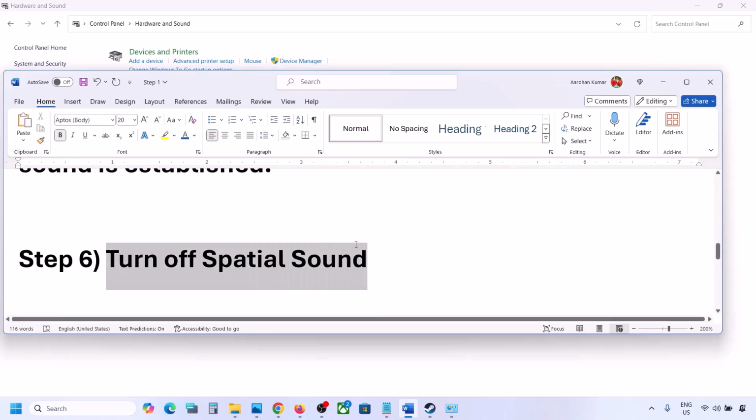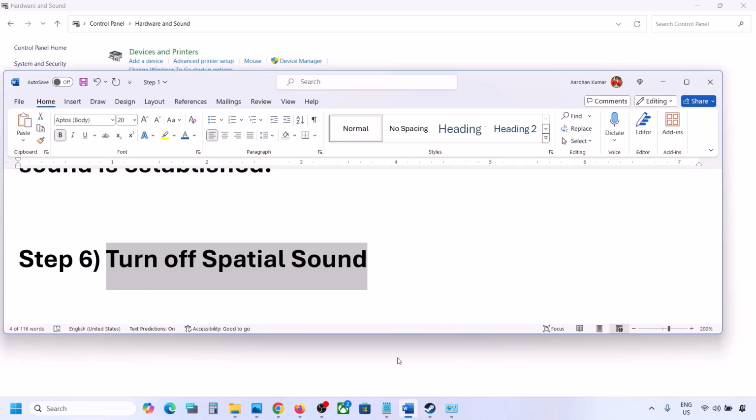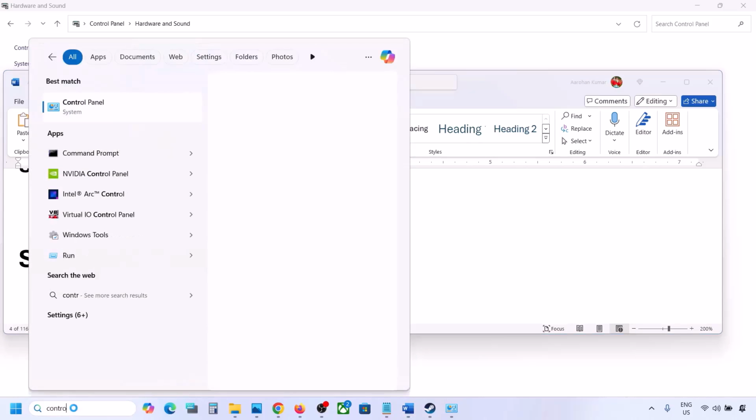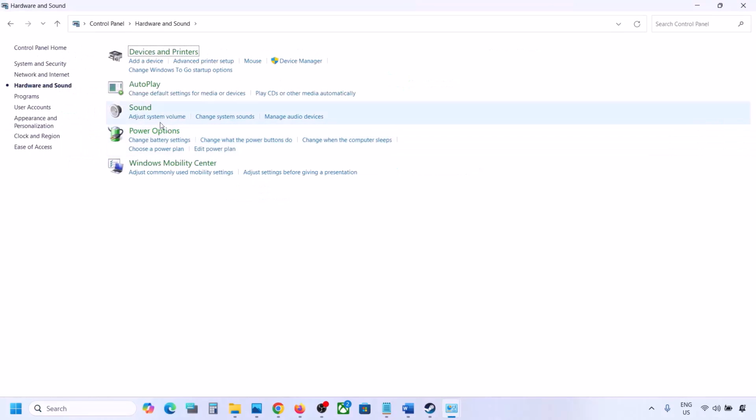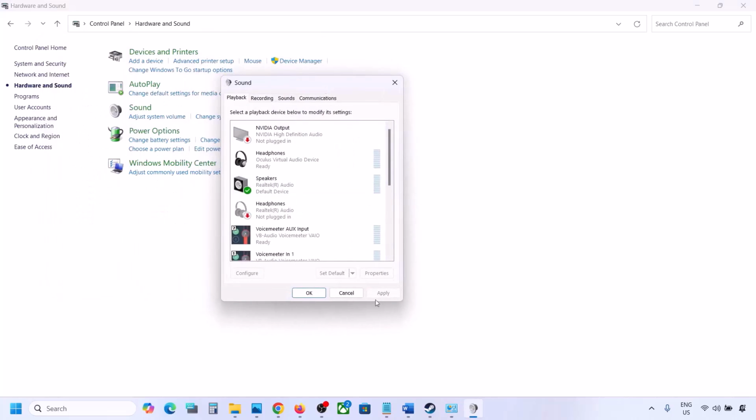Now the next step is to turn off spatial sound. Now for this again type in control panel in Windows search box and then go to control panel, go to hardware and sound, click on sound, and over here you have to select your speaker. Make sure that you select your speaker and then